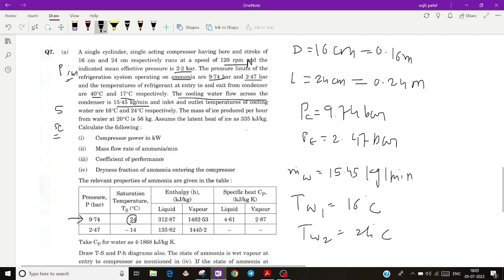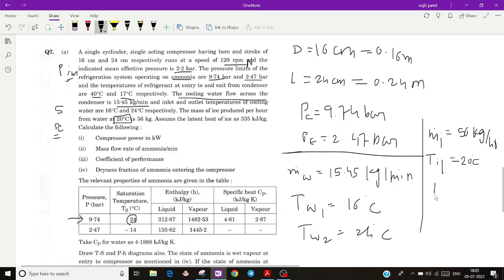Now the mass of ice produced in the evaporator. The condenser is water cooled and we are producing ice. So the mass of ice Mi is 56 kg per hour, produced from water at 20 degrees Celsius. That means water is entering at 20 degrees Celsius, Ti1, and converting into 0 degree Celsius, Ti2, making ice, and the latent heat associated with it is 335